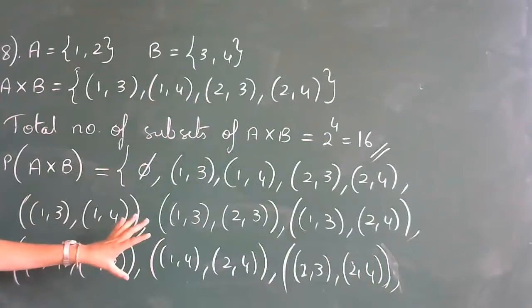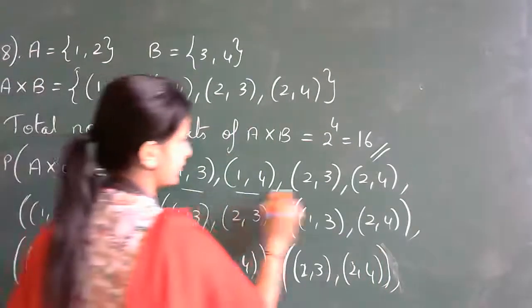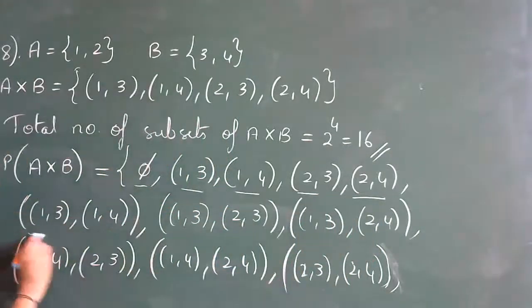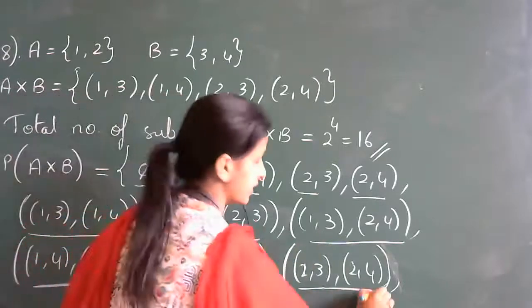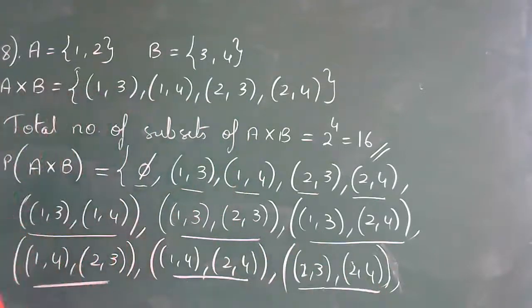I hope till here you all understood, students? See, this is first element, second element, third element, fourth element, fifth element. Here 6th, 7th, 8th, 9th, 10th, 11th. So still we have to write 5. Till here, did you all understand? Did you all understand this, students? Here we all wrote 2 element sets, 2 element ordered pairs now. Now we will write 3 element ordered pairs. That is ordered triplet we will write now.